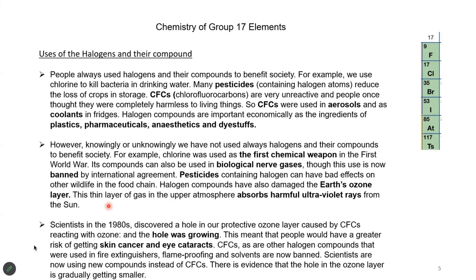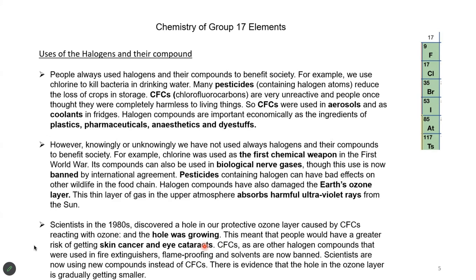Then people were thinking about other compounds so that we get an atmosphere more friendly to us, and therefore chlorofluorocarbon-containing compounds are not used nowadays as coolants